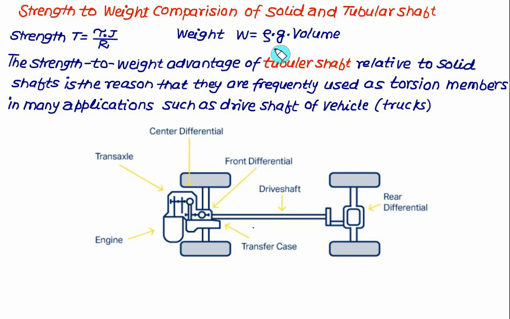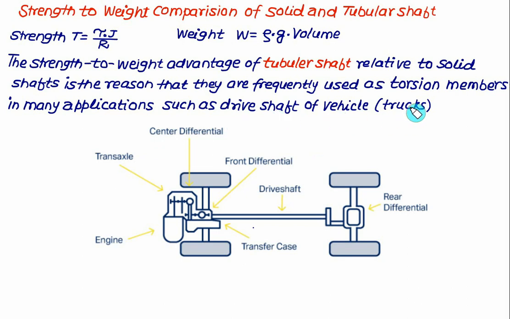So what we are interested in here is that the strength to weight should be the higher value. And that is possible in the case of a hollow shaft as compared to a solid shaft. This is exactly what we want to prove in this video. So the strength to weight advantage of a tubular shaft relative to the solid shaft is the reason that they are frequently used as torsion members in many applications, such as the drive shaft of a vehicle, for example